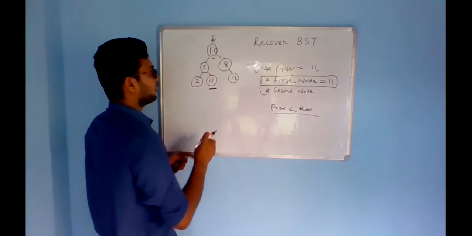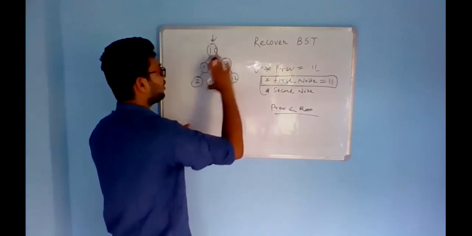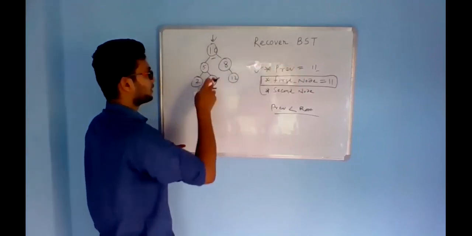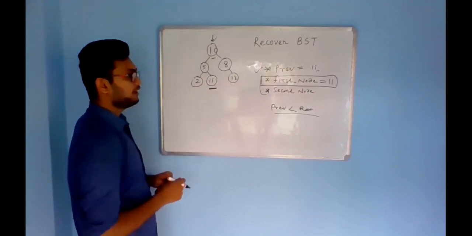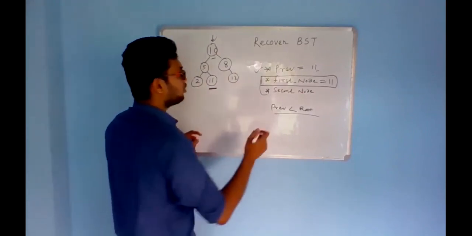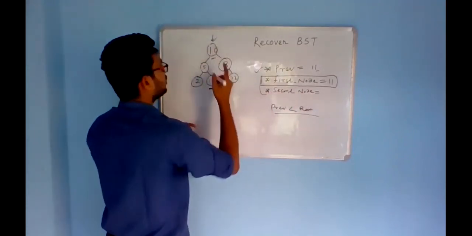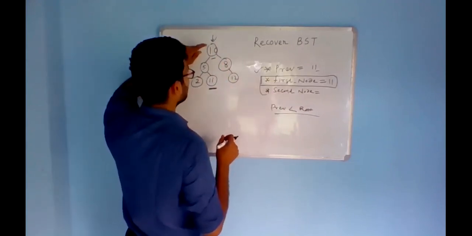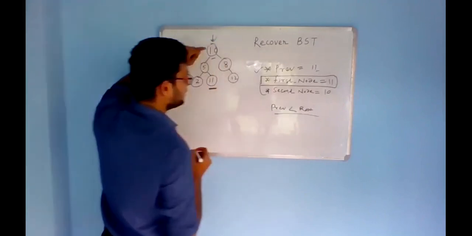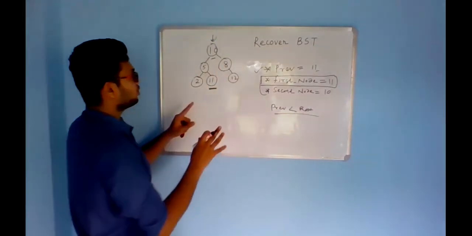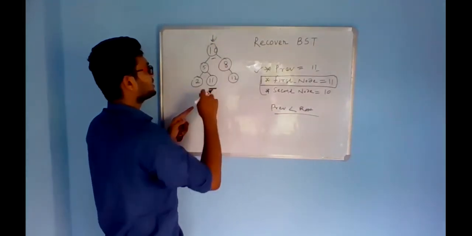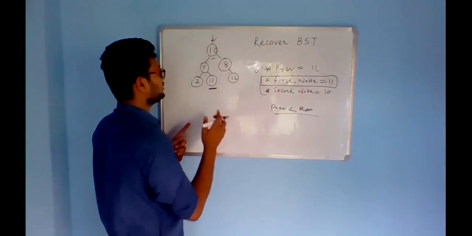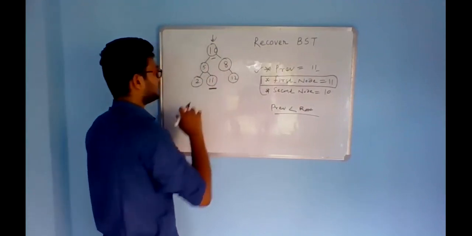Okay. Then I will try to find the last wrong node which is placed in this particular binary tree. Then I will swap them. Right. This is the idea. Now the second node will have the reference of the current node, which is the root node, that is 10. Okay. So I have just stored the two nodes which are causing the wrong configuration up to this point in the binary tree.